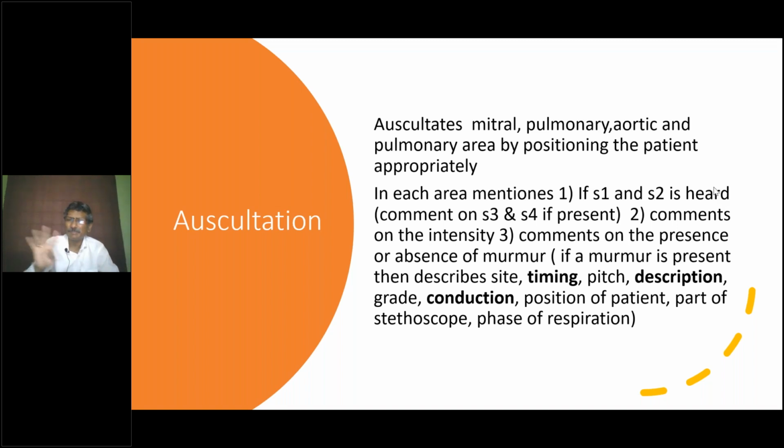So the three places where you have to look for conduction is, one is axilla and from the apex, second is to the carotid from the first aortic area, and diastolic murmurs from the second aortic area can be conducted to the left lower sternal edge. Conduction is again very important because that tells you about the nature of the murmur. Now, grade is, you will know the grade in the palpation itself, isn't it?